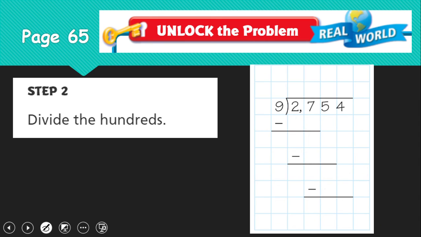Now remember, we want to divide, multiply, subtract, and bring it down. So those are the 4 main steps. So let's go ahead and remember, we already stated that we're going to be working in our hundreds. So we're going to look at